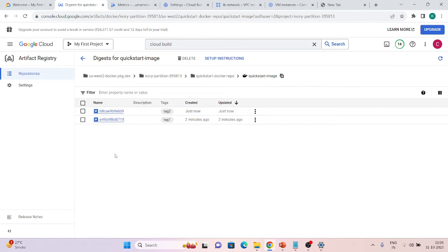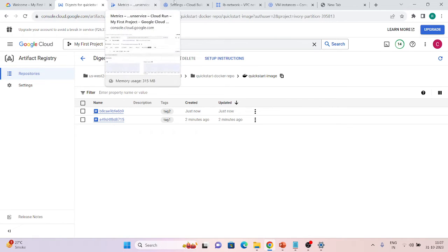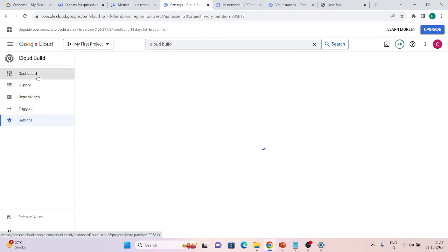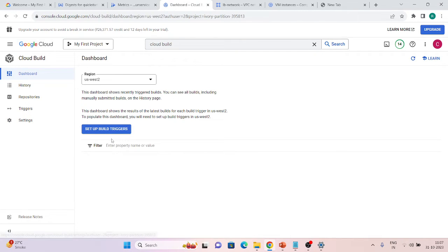You don't have to do anything manually, you just have to create the scripts and it will automatically deploy. We can even deploy to GKE, App Engine or anything you want to use. So that's the power of Cloud Build. We can even use a repository, so once you commit anything, it will trigger. We will come to triggers later on, not right now. It is a very basic thing we are going to use, but we can set up triggers also.